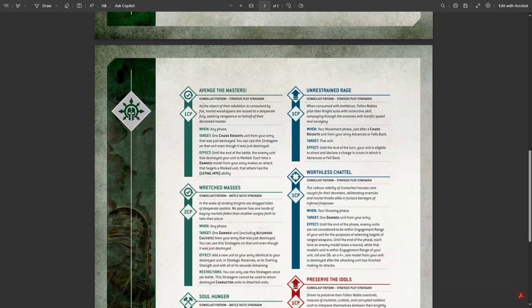Next up, we're on to stratagems. Avenge the Masters is 1 command point in any phase. 1 Chaos Knight unit from your army that was just destroyed. You can use the stratagem on that unit even though it's just destroyed. So when a Chaos Knight's unit dies, you can use this. Till the end of the battle, the enemy unit that destroyed your unit is marked. Each time a damned model from your army makes an attack that targets a marked unit, that attack has the